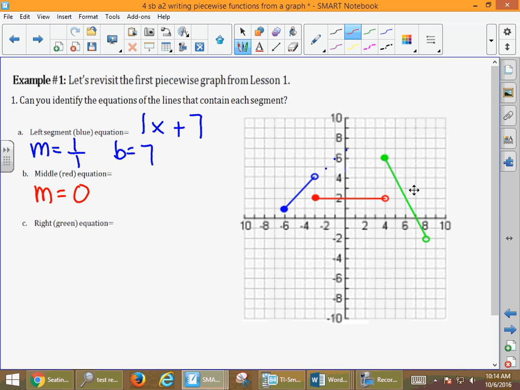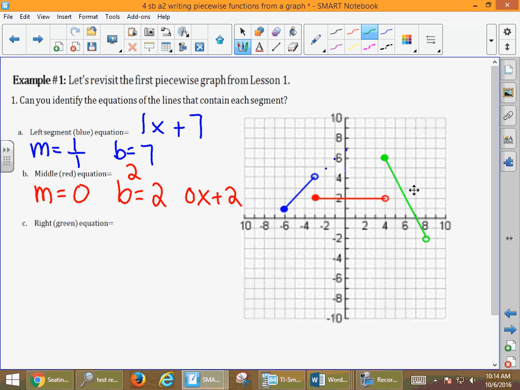Our y-intercept that we can see here is 1, 2. Where does the line cross the y-axis? And technically what you could write is 0x plus 2 for our equation. But if you think back to all the problems that we've worked with this week, have we ever seen 0x plus 2? We've just seen the value of 2. So we're going to fill in 2 for our middle equation,